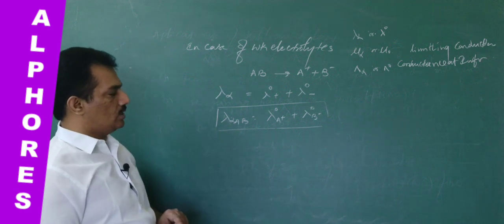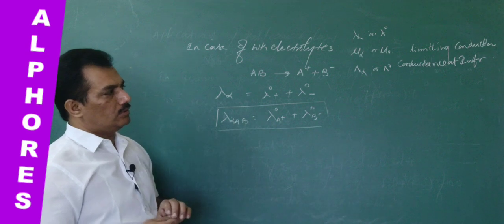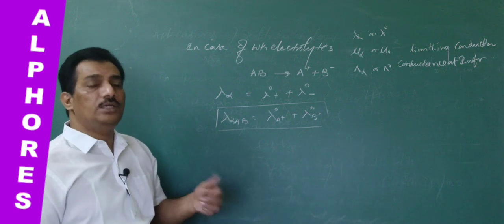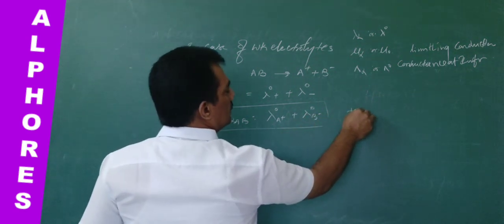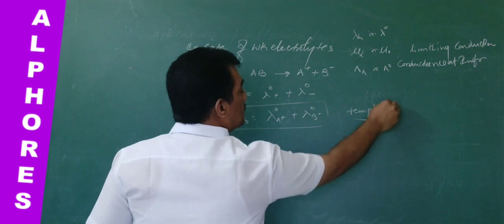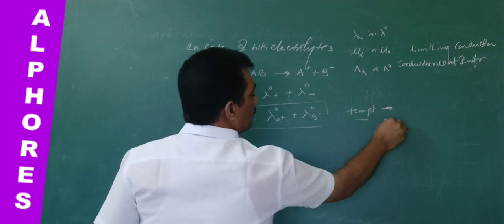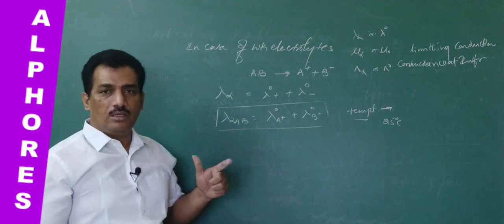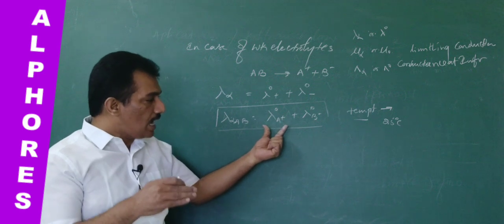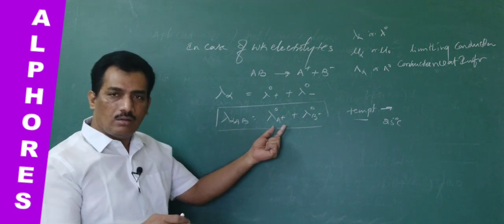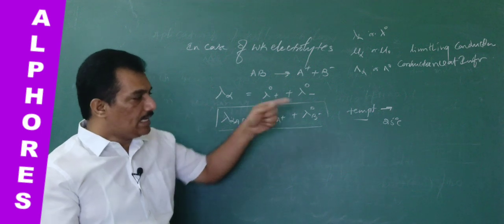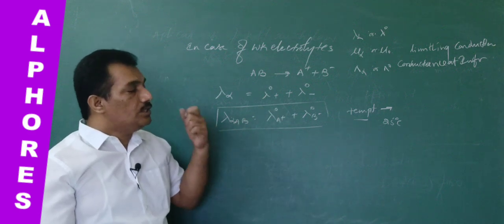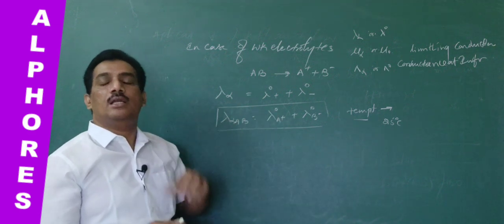Clear? And next, when dilution, that is concentration, is not the parameter to consider for the conductance, next is temperature. If we fix the temperature, say for example at room temperature, 25 degrees centigrade, then as per Kohlrausch, the ionic conductance of the ion at infinite dilution at a given temperature is always constant, irrespective of the nature or the strength of the parent electrolyte.